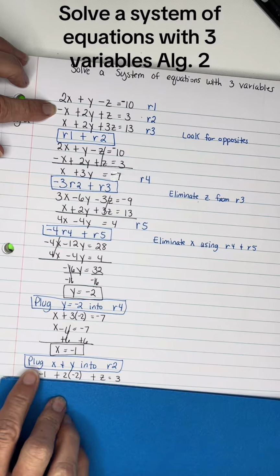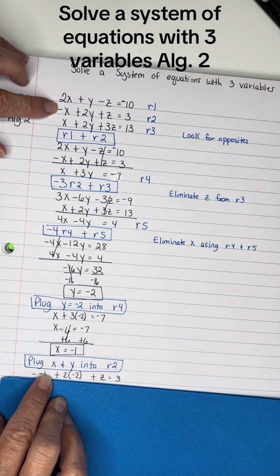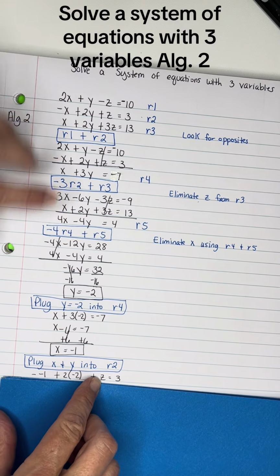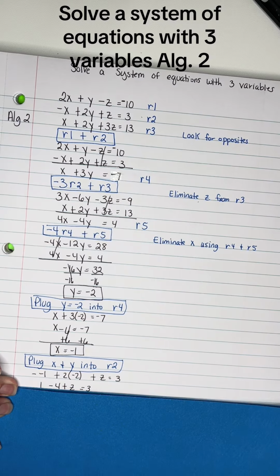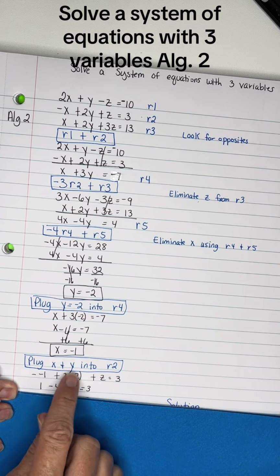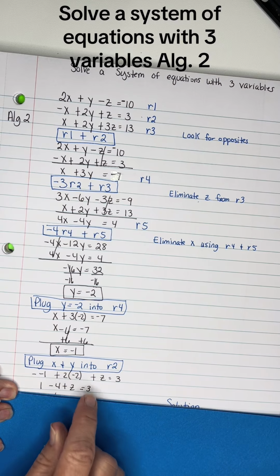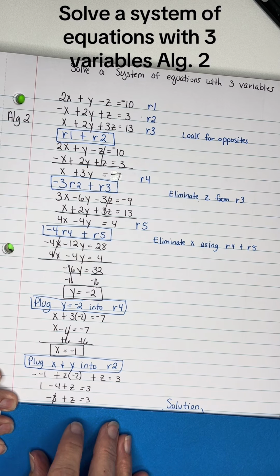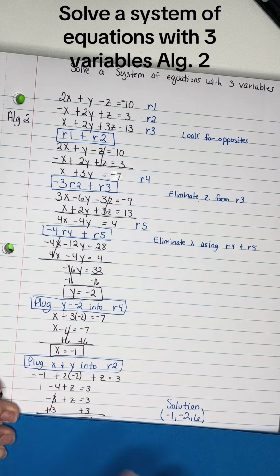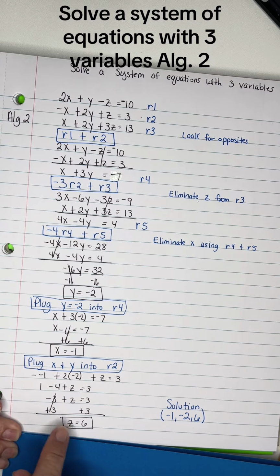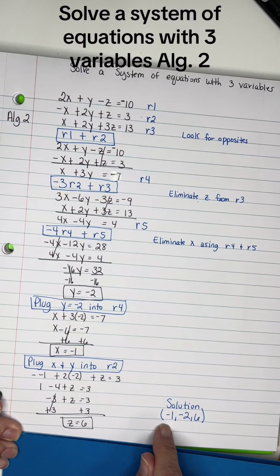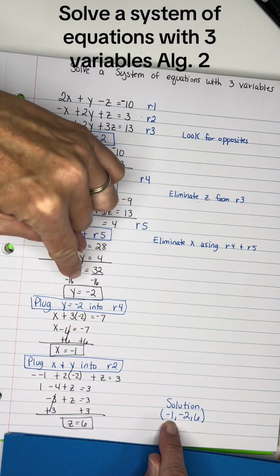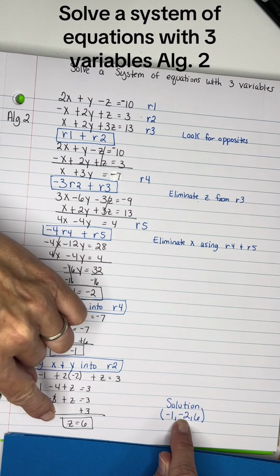So that ended up being negative 1, plus 2 times negative 2, plus z, the one I'm looking for, equals 3. So I have negative 1, and 2 times negative 2 is negative 4, plus z equals 3. Negative 1 minus 4 is negative 5... 1 minus 4 is negative 3, plus z equals 3. Add 3 to both sides. So the 3's cancel, and z equals 6. My solution will be x equals negative 1, you write them in order, y equals negative 2, and z equals